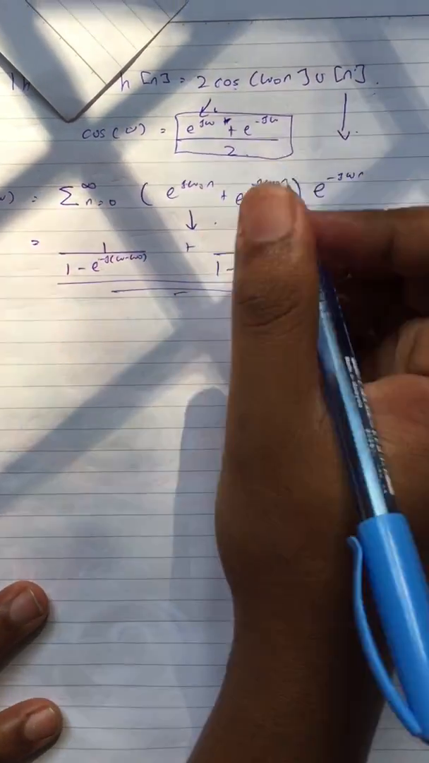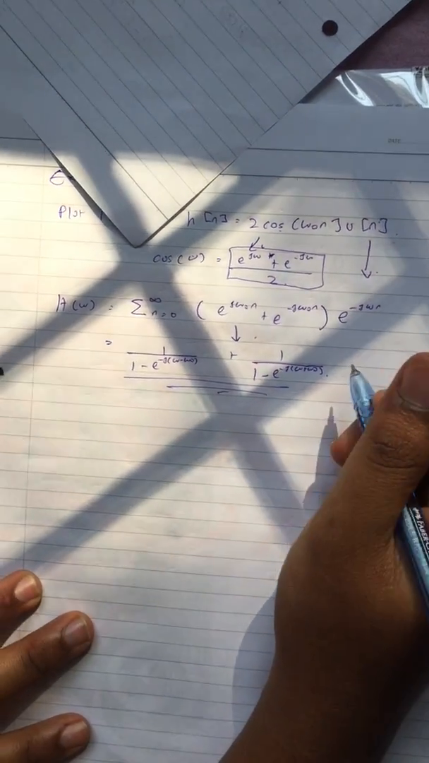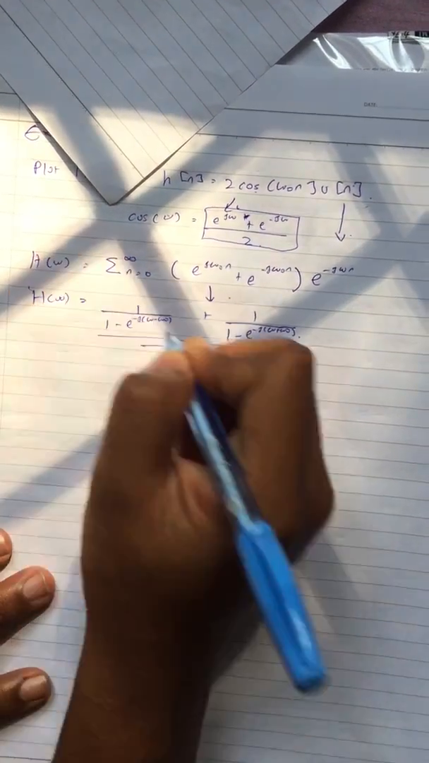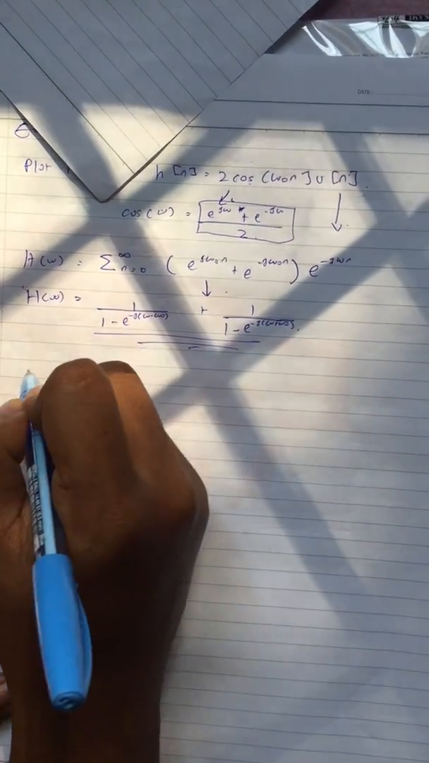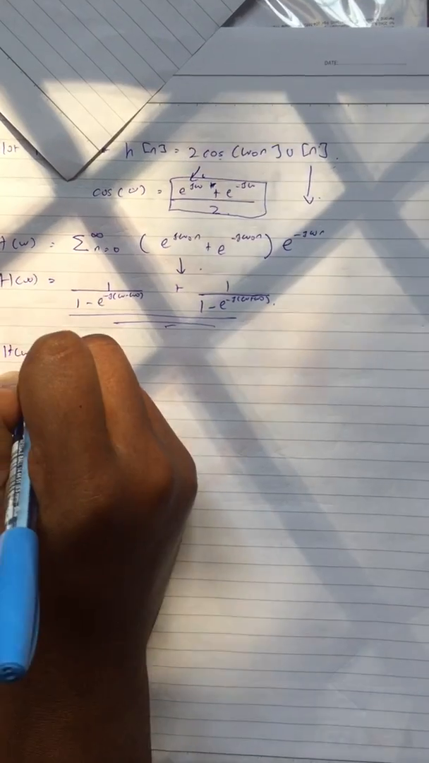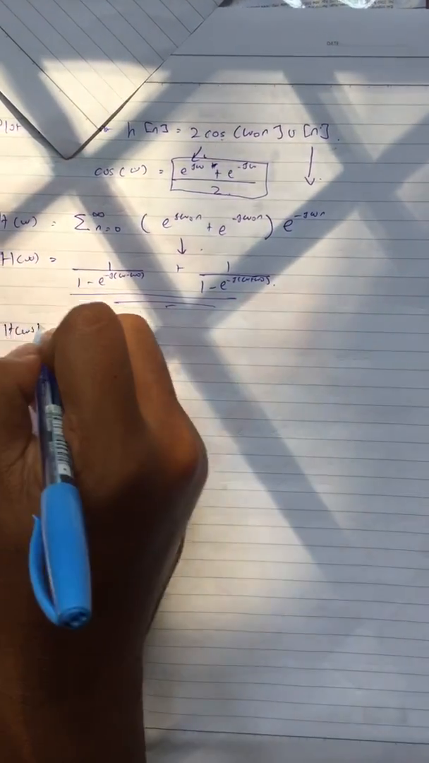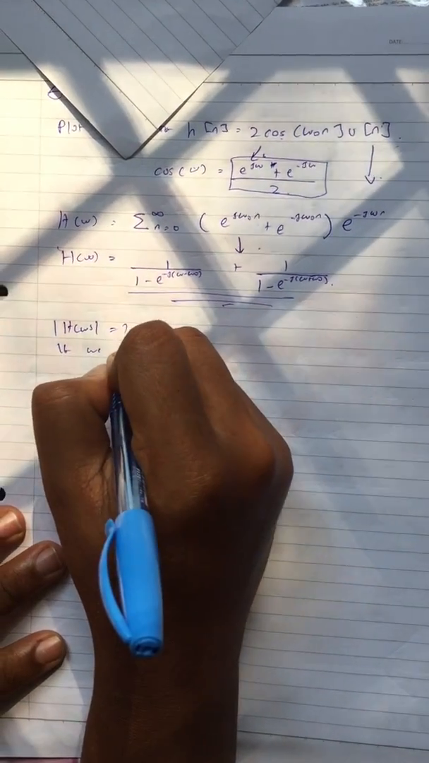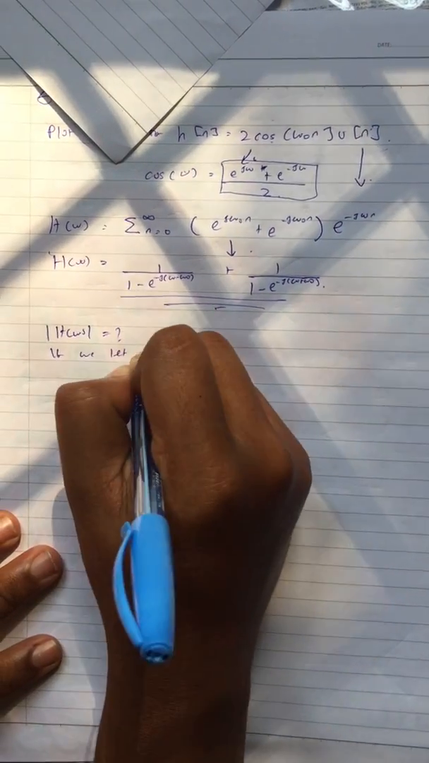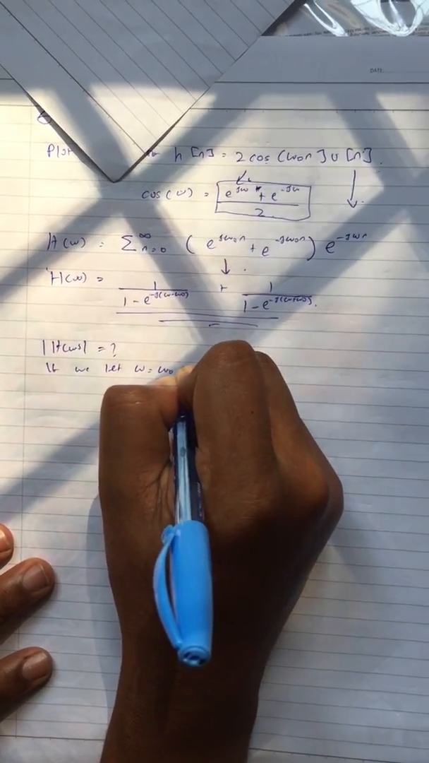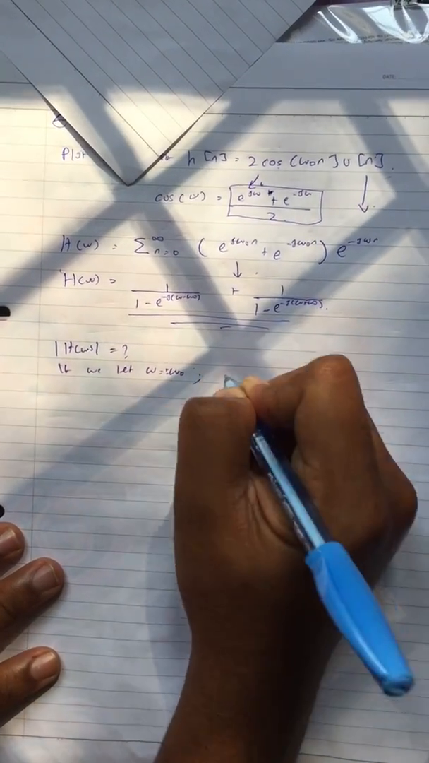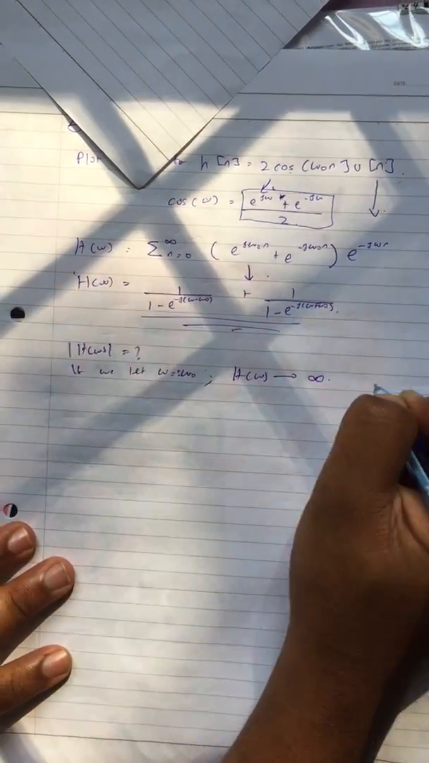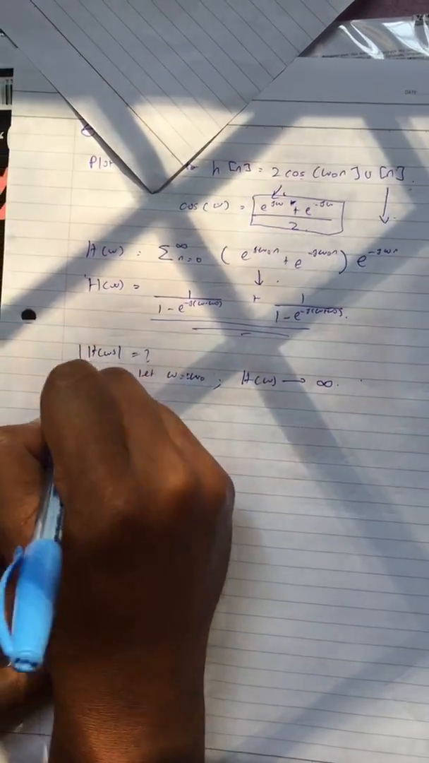So what we need to do next is find the value of H(omega), but as we can see, the magnitude of H(omega). If we let omega equal to omega naught or plus minus omega naught, H(omega) will lead to infinity. Therefore, how to overcome this? Therefore, we need to use